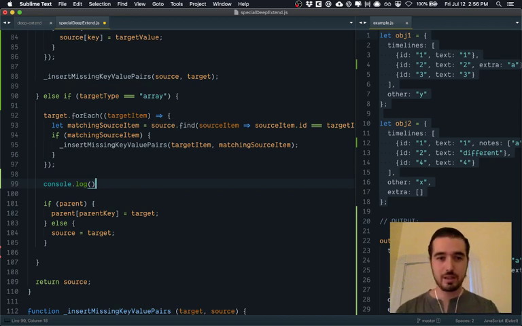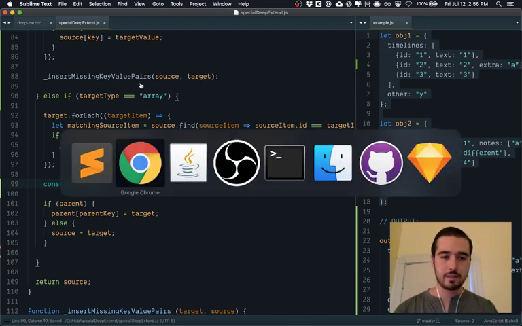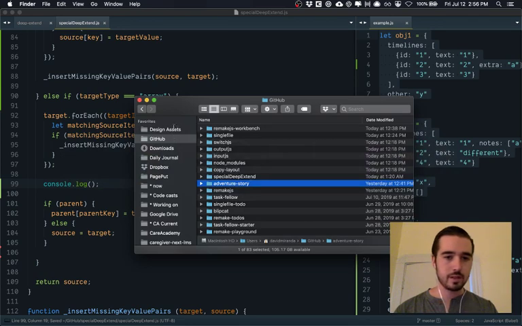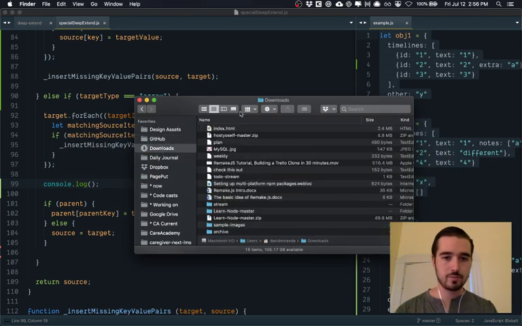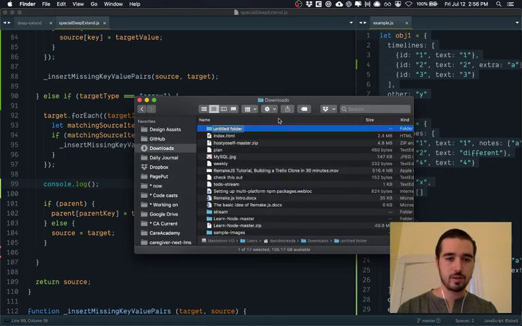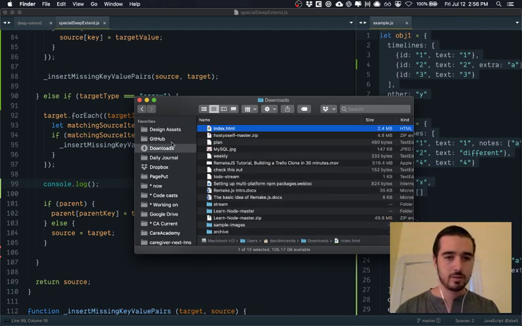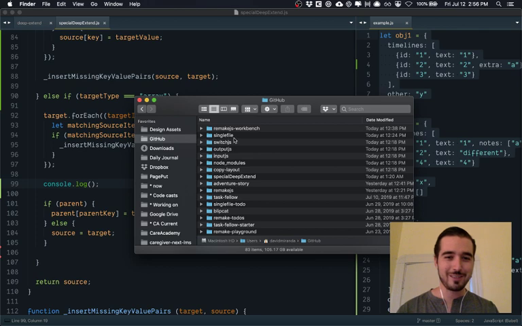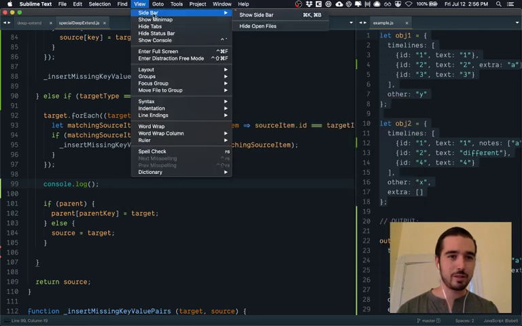I should probably not even be using CodePen. It's kind of stupid to use CodePen. I could just create an index HTML file and be reloading that. Let's just do that real quick. Okay, so let's go into the downloads folder and just put test. Or actually no, we already have a GitHub file for this. Let's just open up our sidebar